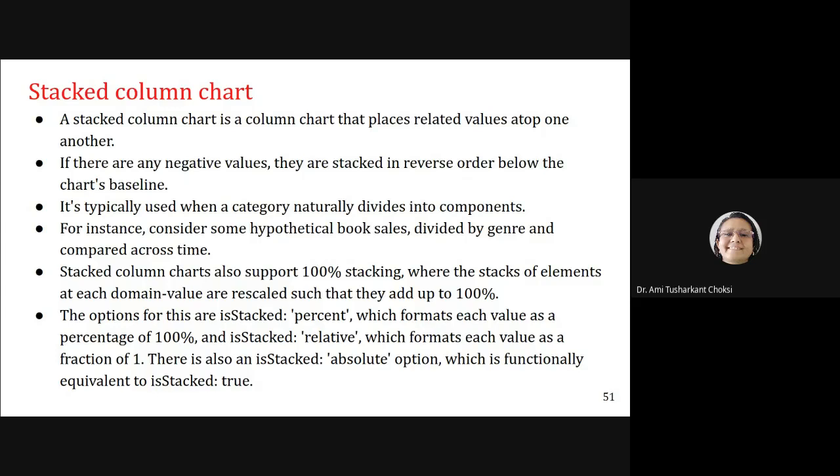So isStacked percent, relative, absolute, and true, these things are there for stacked column chart.